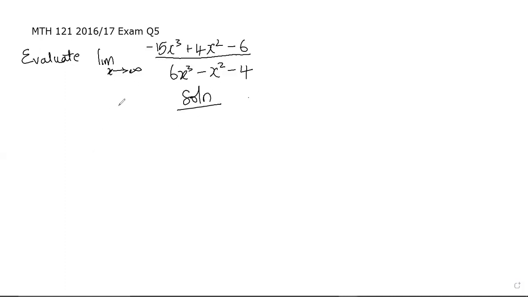Now, having been given this, the first thing I will do is divide through every single term in this expression by x raised to power 3. What that means is I'll divide everything in the numerator by x raised to power 3, and everything in the denominator by x raised to power 3. The reason I'll do this is so that I'll end up having 1 over x in some of the terms. And because I know limits